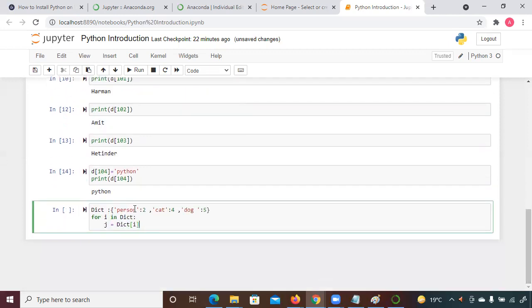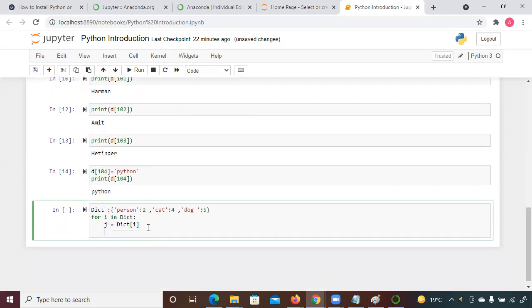Now if you want to print this in some order, how are you going to print it? Suppose I show you print. Suppose let me take it like person has person d.